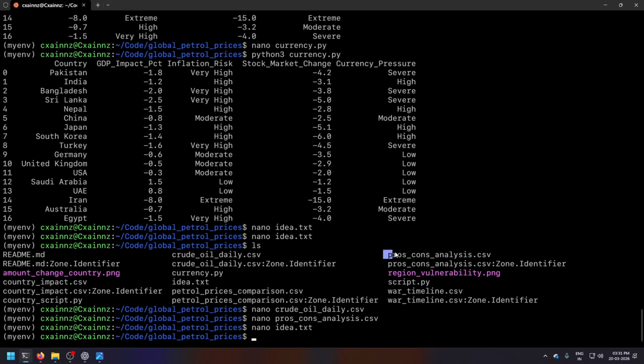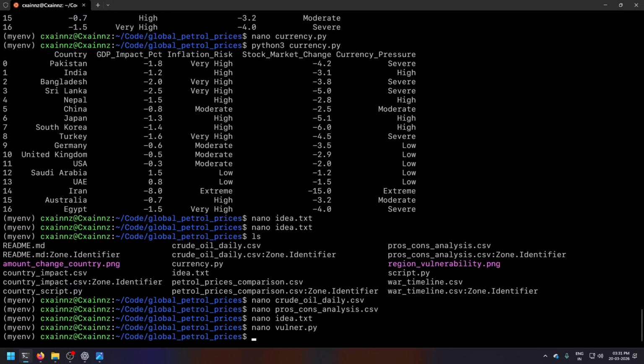Water is not in this picture. Pros and cons is in the picture. Crude oil, like pros and cons is, but crude oil is not. So I'm thinking of using either country impact or pros and cons CSV file. Let me make a file, vulner.py. Let's make it.